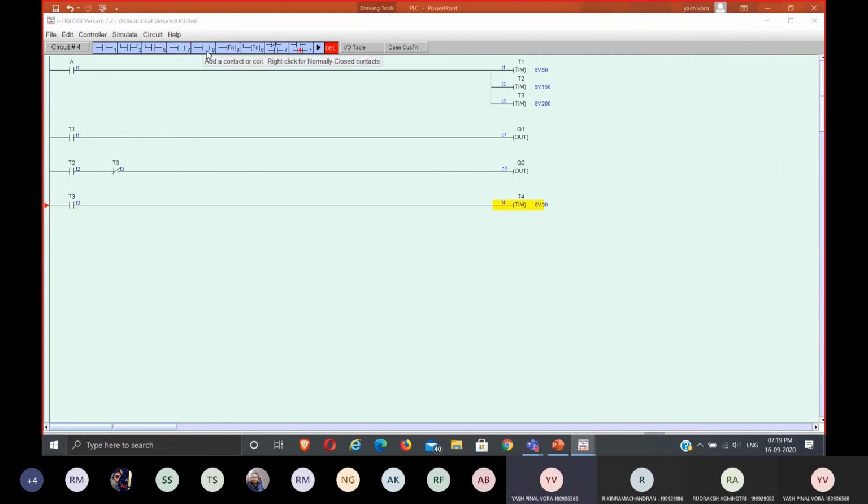Or 3 seconds. See, Q2 will go off once T3 is high. So once T3 is high, this timer will start counting. After 3 seconds, it will turn on. So you can use this here, invert it,